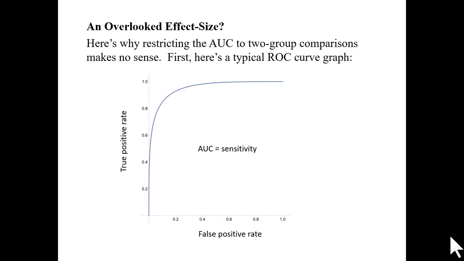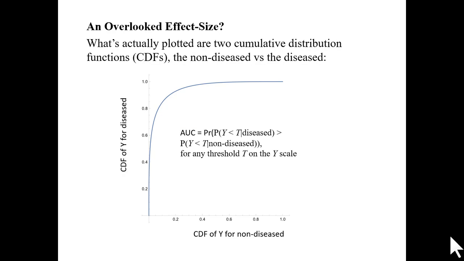To find out why, let's have a look at the AUC for two-group comparisons and see why limiting it to two-group comparisons makes no sense. A typical ROC curve graph looks like this: the false positive rate on the horizontal axis, the true positive rate on the vertical axis, and the area under the curve then is referred to as the sensitivity, usually the medical test that's being evaluated. This isn't very helpful, but